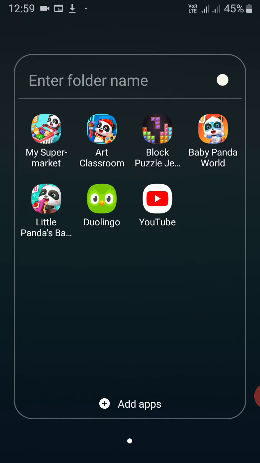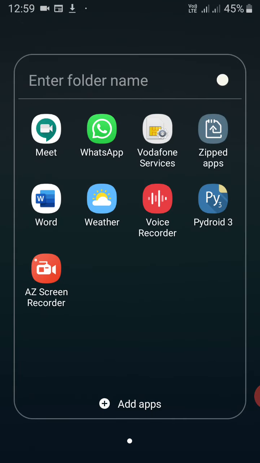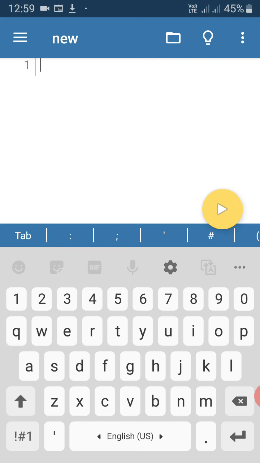So first command we will write here, import math. We use a math module because we want to implement the math function here.